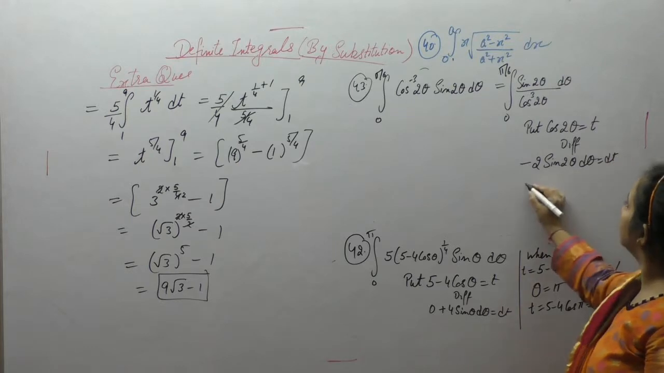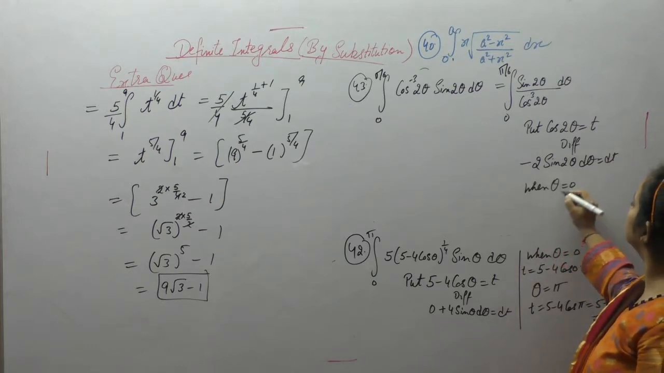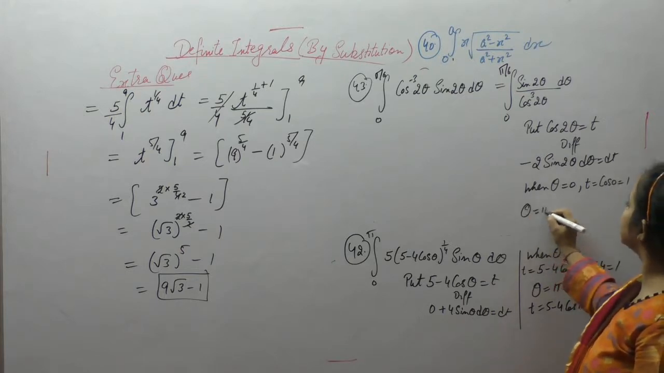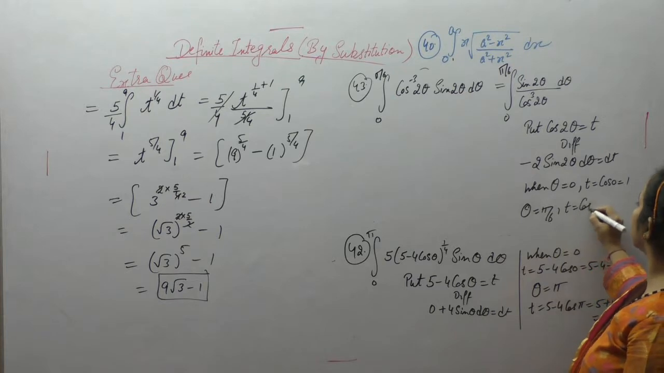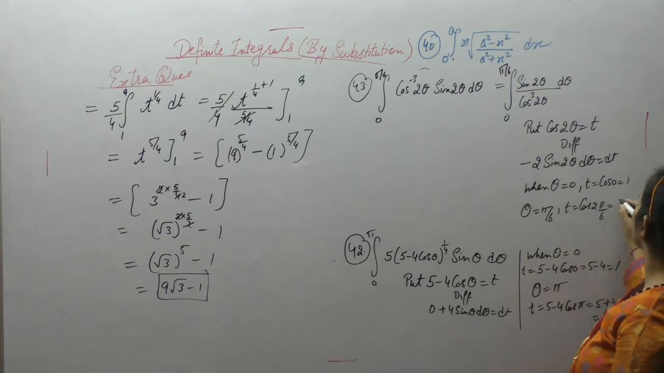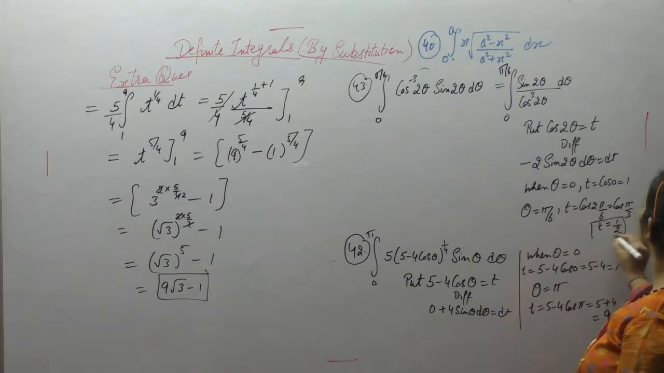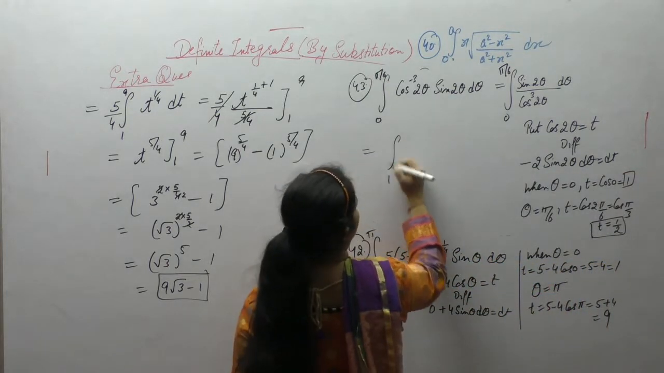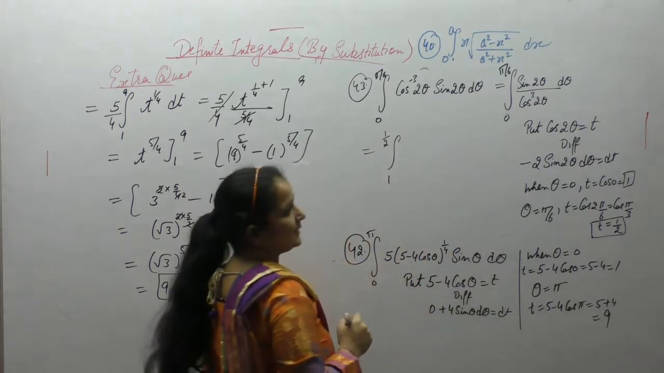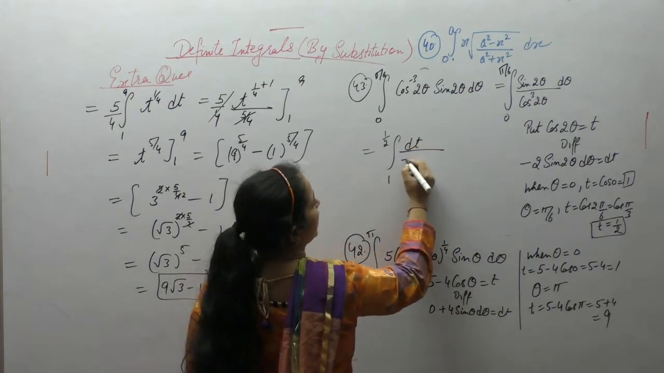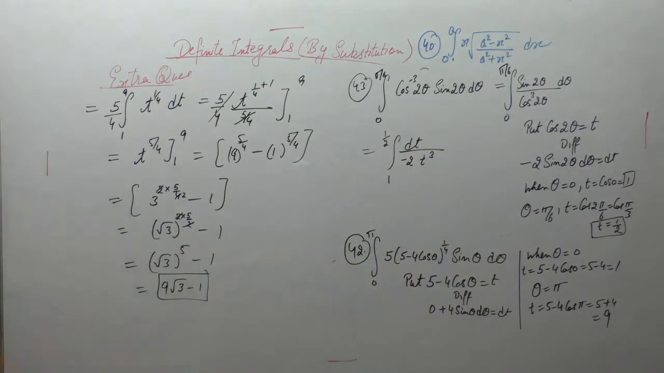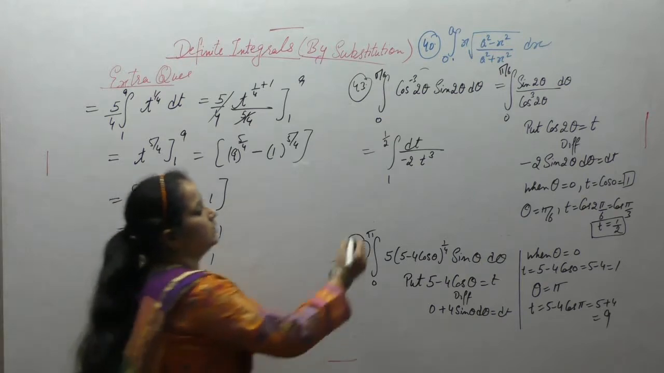Change the limits. When theta is 0, t is cos 0, that is 1. When theta is pi by 6, t is cos 2 into pi by 6, cos pi by 3 is 1 by 2. So limit changes to 1 to 1 by 2. Sin 2 theta d theta is dt upon minus 2. Cos 2 theta is t. Minus 1 by 2